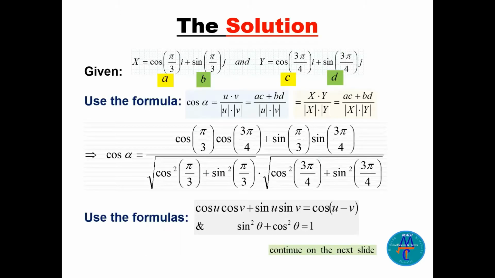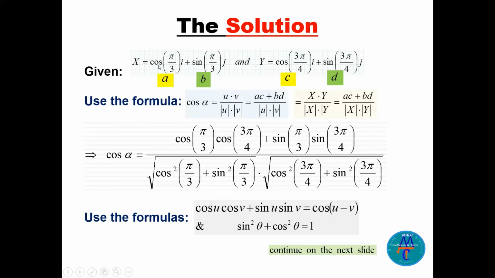So these are the given vectors x and y. There are components here, a, b, and this is c and d. So we have the formula for cosine of the angle alpha between the vectors u and v: u dot v, divided by the magnitude of u times the magnitude of v. So it will be x dot y divided by the product of the magnitudes. So we can write cosine of alpha,